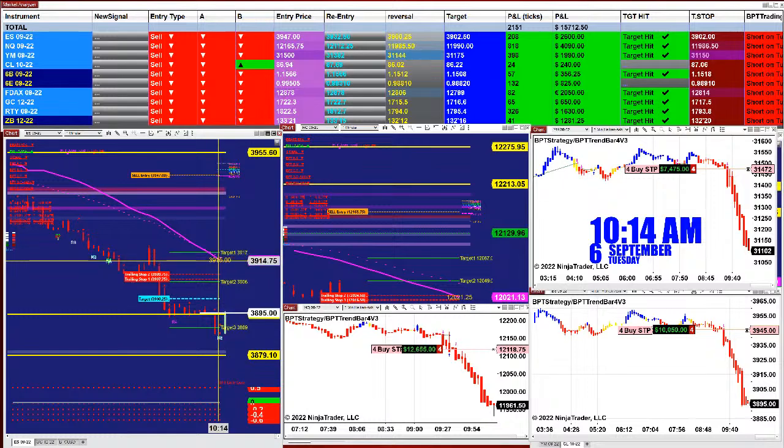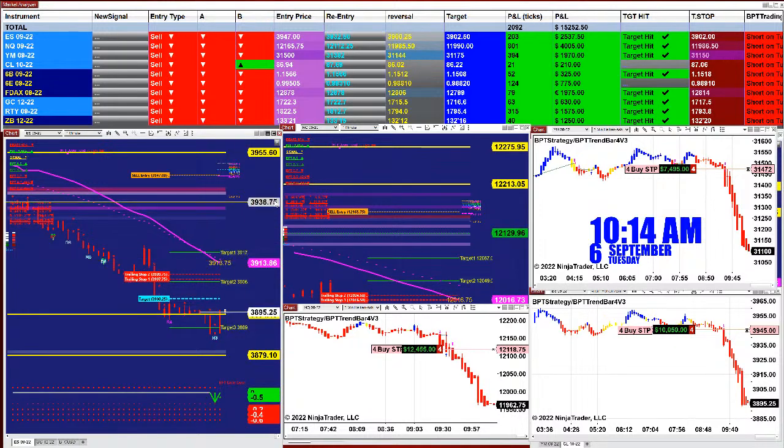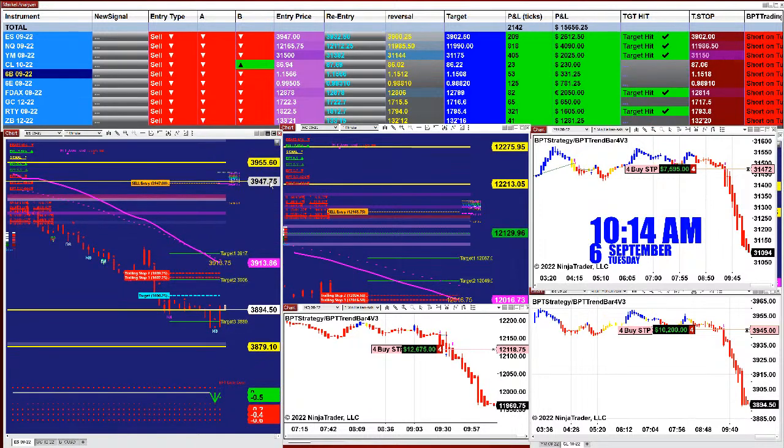And the re-entry point is going to be exactly at this moment at 39.1475, or if you wanted a re-entry short at 39.15, that should be fair enough. Short re-entry. So we'll see what happens.